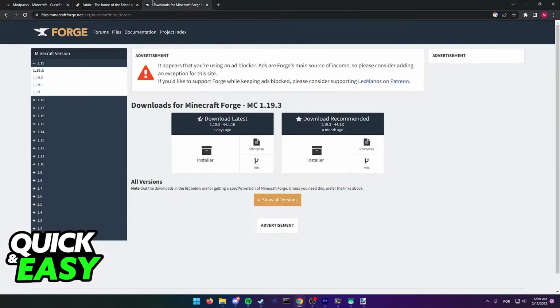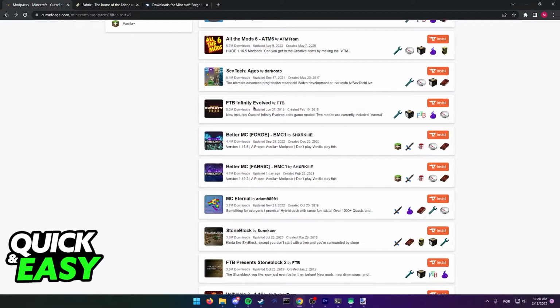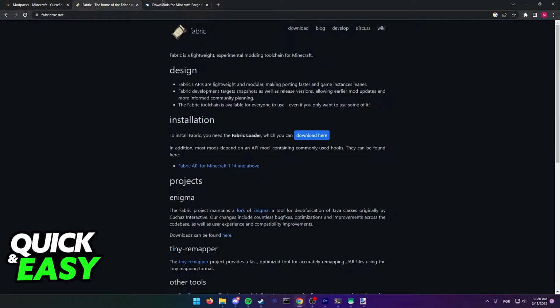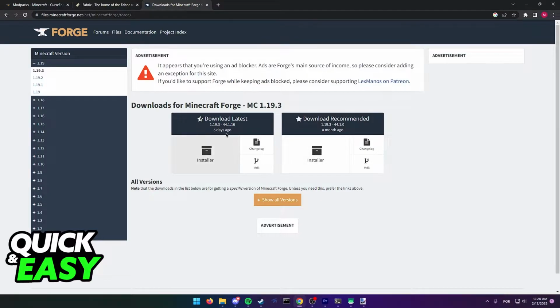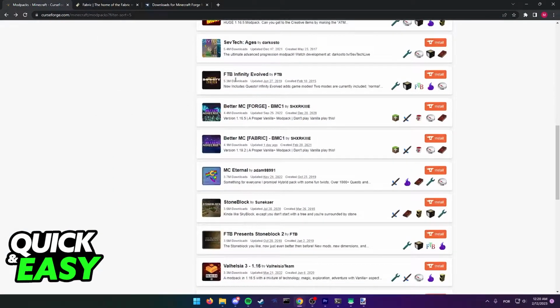Not all mods require Forge and/or Fabric, but if needed, make sure to install these as well. All you have to do is go to minecraftforge.net or fabricmc.net and download the installer for both of them. Run Minecraft at least once after downloading these installers and download the mod that you want to use from CurseForge